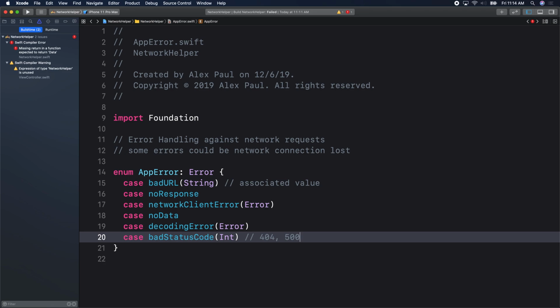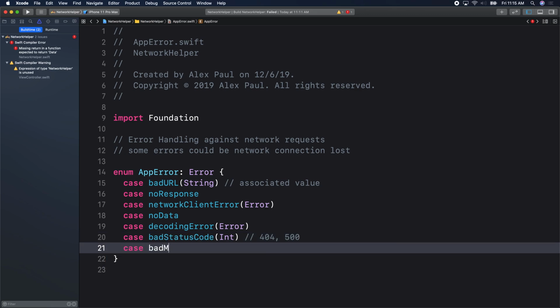Yes, so the decoding error will be that one, because our JSON decoder will throw an error, and in the catch block, we would have that decoding error there. Yes, exactly. As we write our networking code, in each block of that code, the error part, the response part, the data part, the status code part, there's a potential for something to go wrong. And for now, I'll just put in